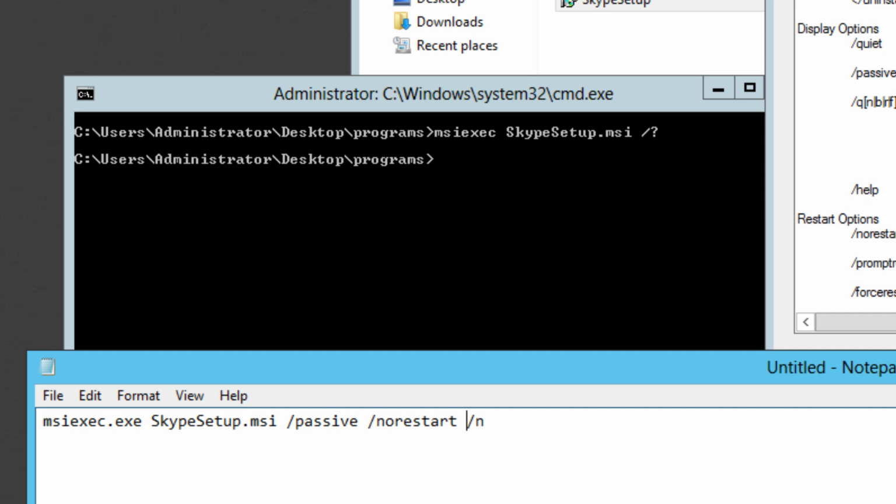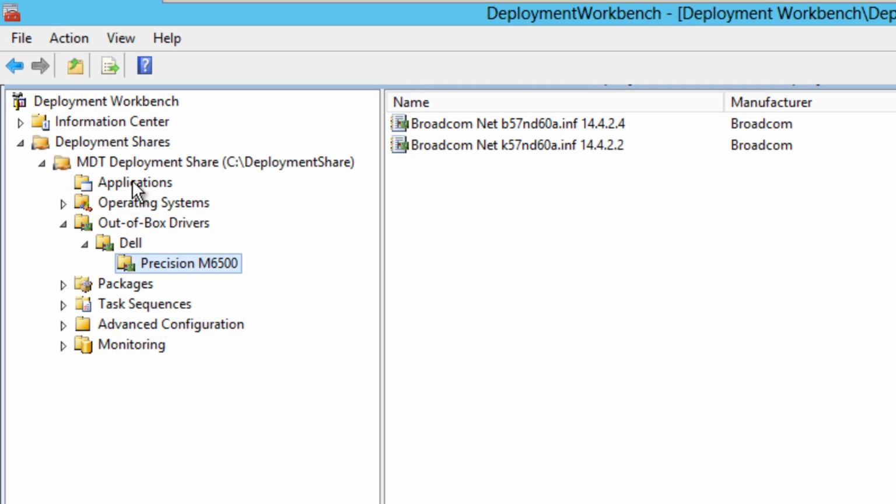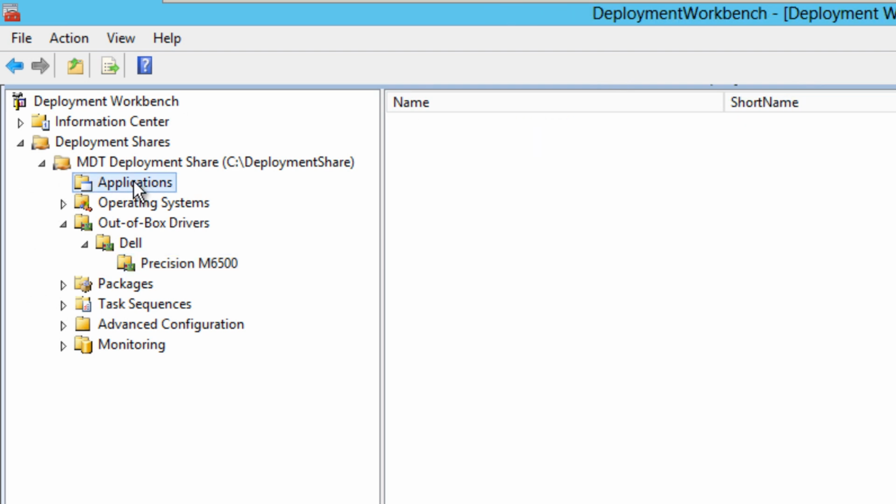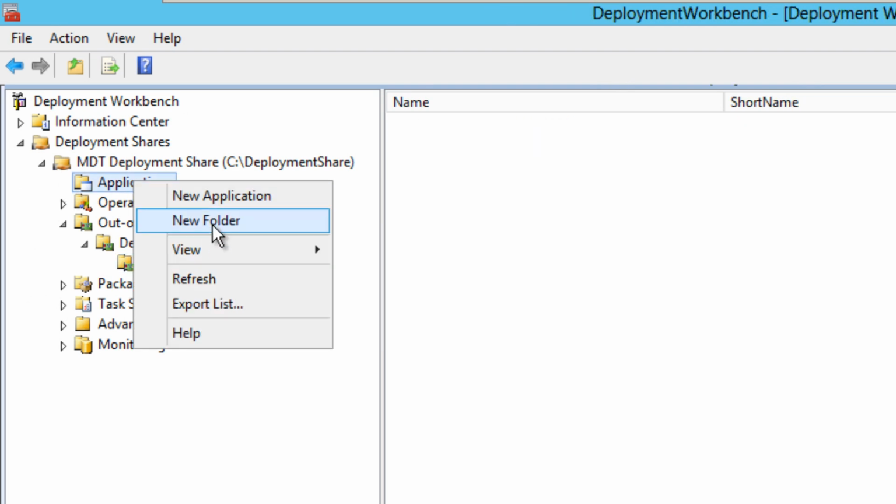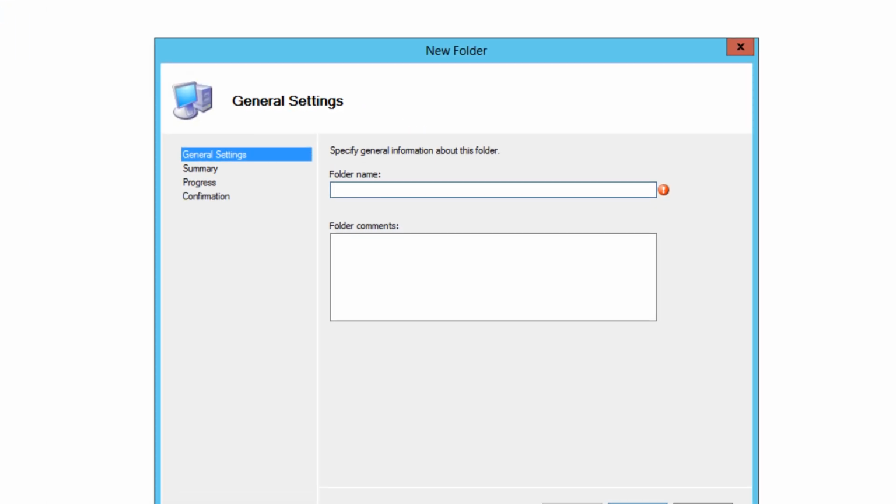That's our command. So now it's time for us to go inside deployment, and within our application node, again, it's really up to you. I love creating folders to tell me what's what. So we're using Skype. Once you give your folder a name, you hit next,